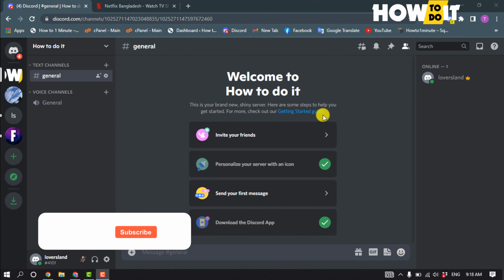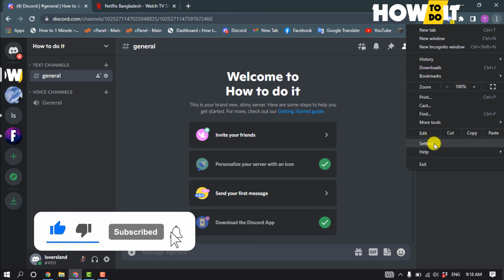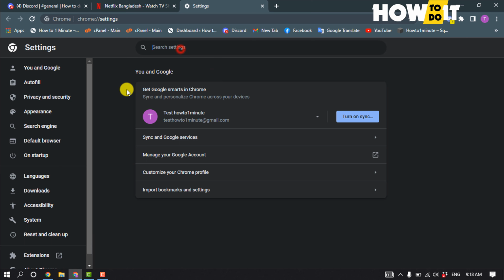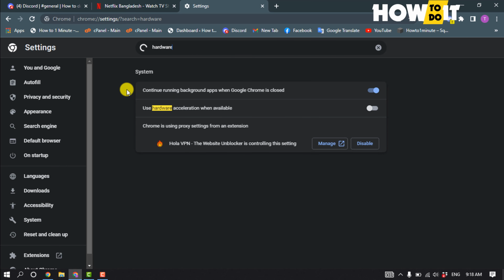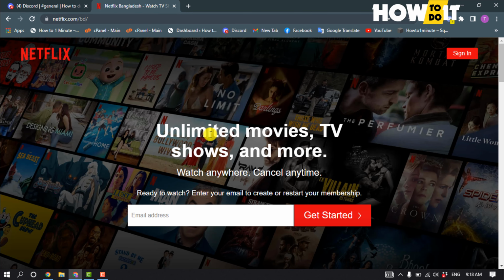So first of all, open your browser and click on this three dot settings, and search here hardware acceleration, and here you find this hardware acceleration option. So you have to disable this option from here, and now make sure to open your Netflix and start to